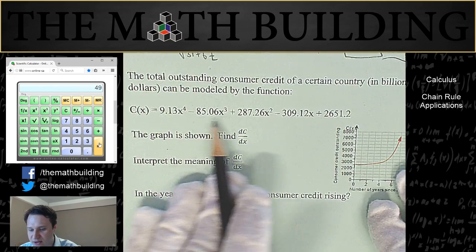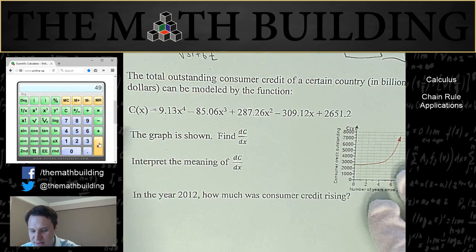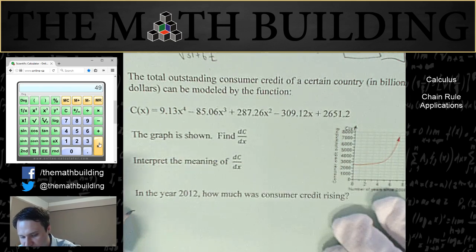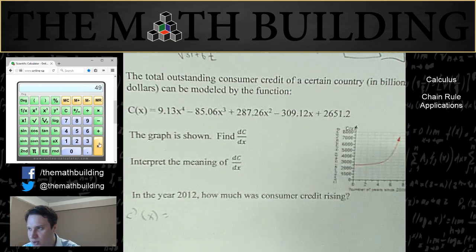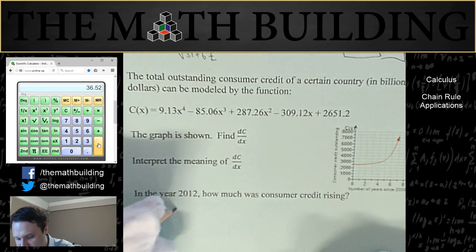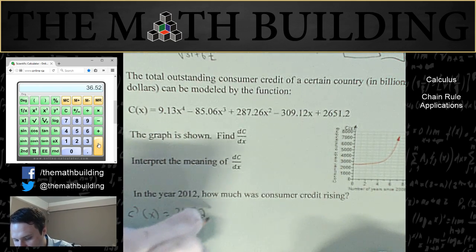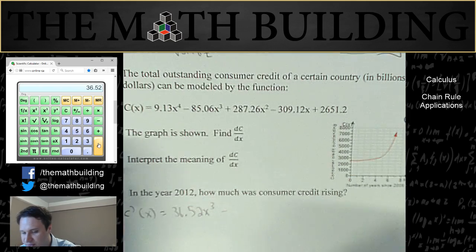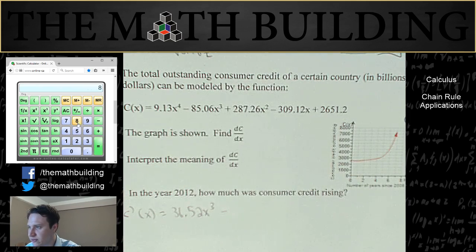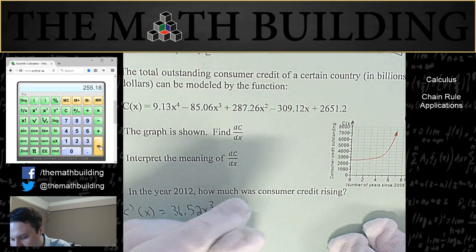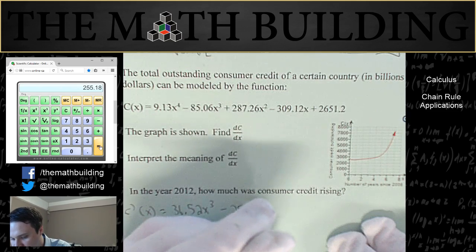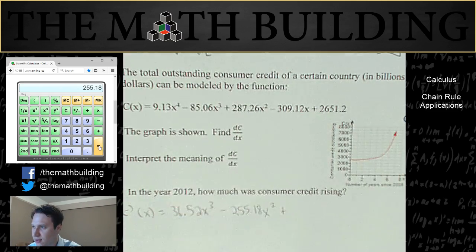So because x is not in terms of any variable, it's going to be pretty easy to find the derivative of this. So c prime of x is going to equal 9.13 times 4, which is 36.52 x to the 3 minus 85.06 times 3, which is 255.18 x squared plus